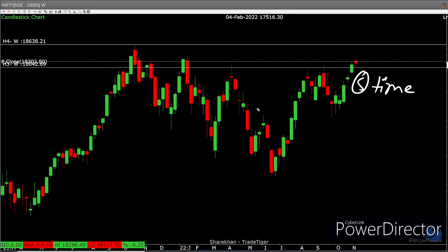And I would definitely say that the strength would have reduced, right? And what that means is if the strength of a zone is reduced, the chances of the prices going deeper into the zone, like this, are higher,